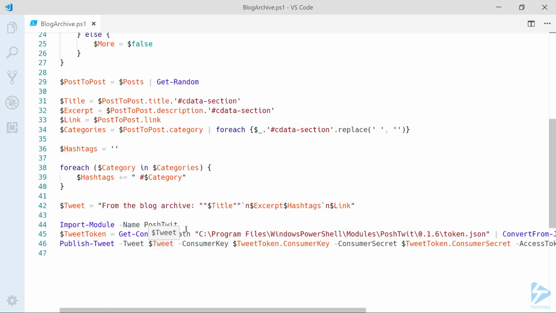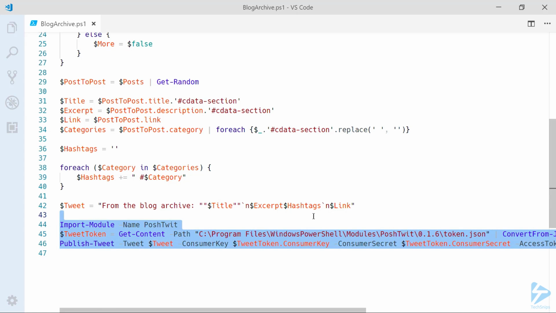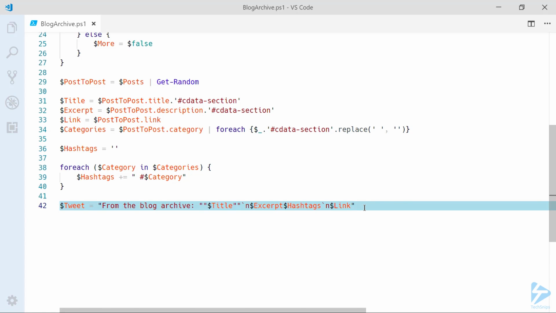So for example, the import posh twit lines through to publish tweet are going to be the last thing I talk about in a demonstration, so I'll delete that entire section and I'll go right up to and include the new line character at the end of the previous line. And I'll continue this up through the script,